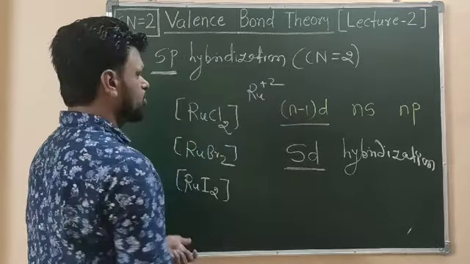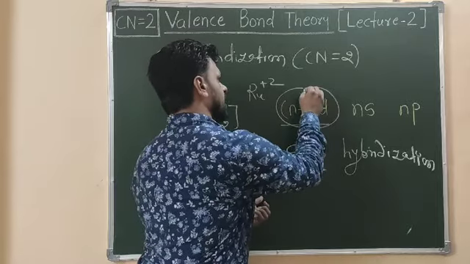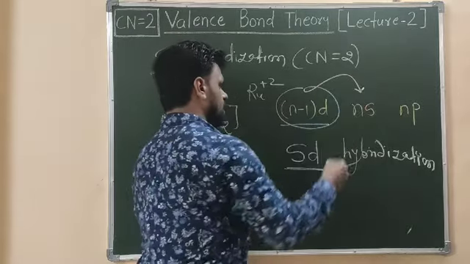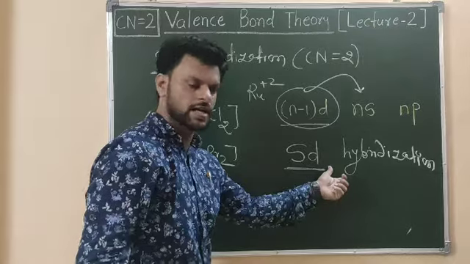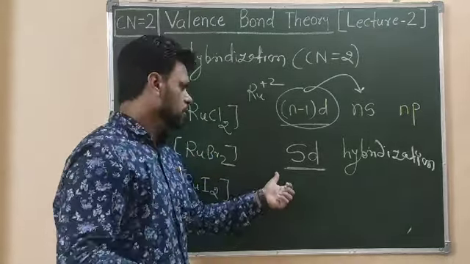And in this, it is possible that if the d orbital has equivalent energy, it can take part in the bonding and it can have sd hybridization. The link for this I will give in the description box, so you can